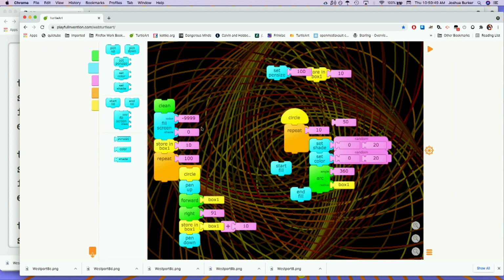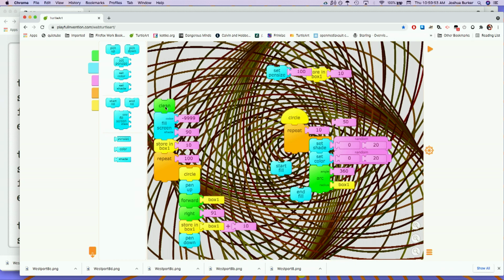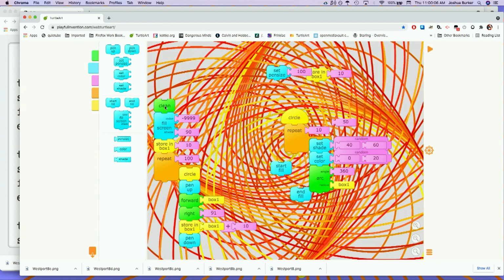And so maybe instead of a dark background, you want a light background, and you run it again, and you get that. And then with that lighter background, maybe you decide, oh, that shade's running a little dark, I'm losing the design in the shade, so we'll set that a little lighter, and suddenly I have something completely different. So, and you can see how people did it. That's kind of the interesting, fun part with TurtleArt, is that the code's all there for you